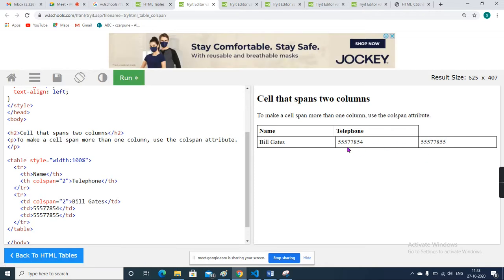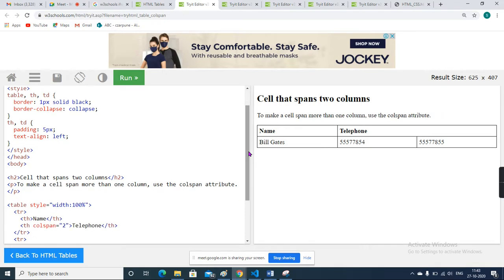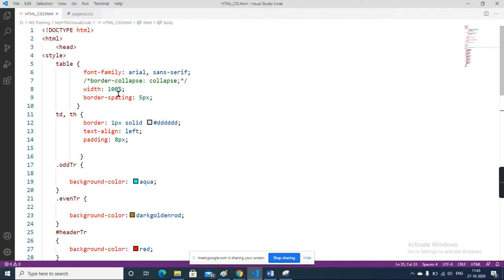Okay, you can see the change here, but this is not a perfect way. So now here the colspan 2. If you want to merge two cells, you can use the colspan. In many places you want to represent a telephone number, somebody having two telephone numbers, then this way we can represent it using the colspan. So for that purpose we use the colspan.